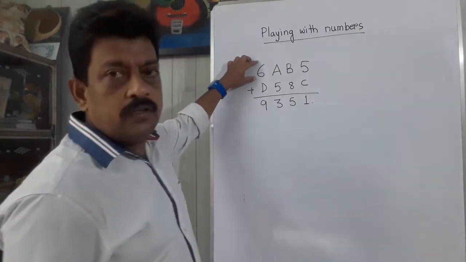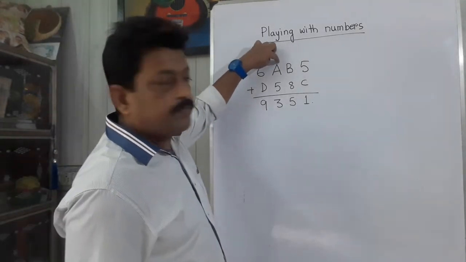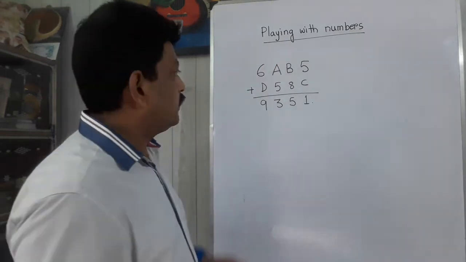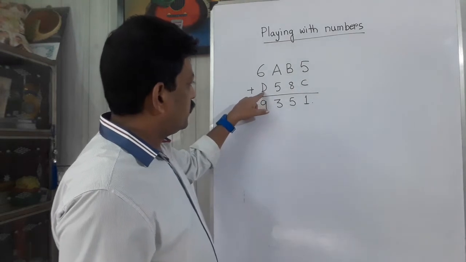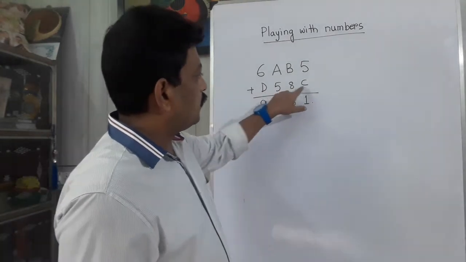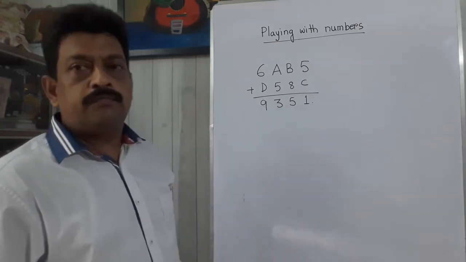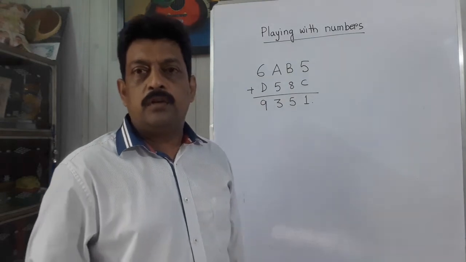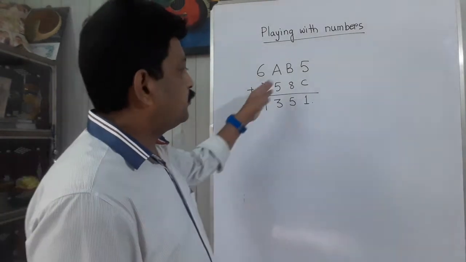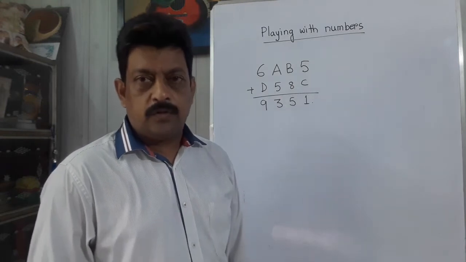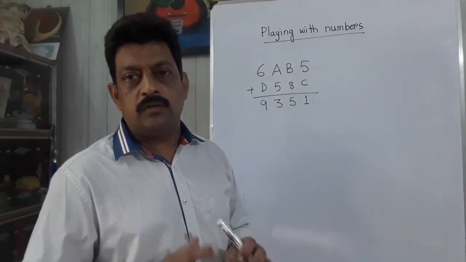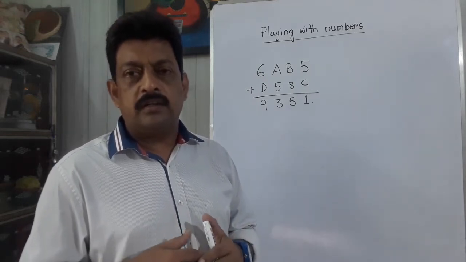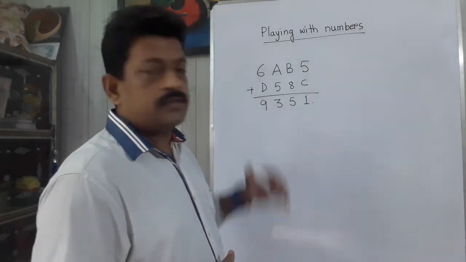Now in the first 4-digit number, two numerals are missing and they are written as A and B. We have to find the value of A and B. Similarly, in the second 4-digit number, there are two numerals missing and they are represented as C and D. We have to replace these alphabets and put numerals in place of them. Actually there is no theorem or formula, nothing else. We have to just use our oral technique and calculations to do the sum.